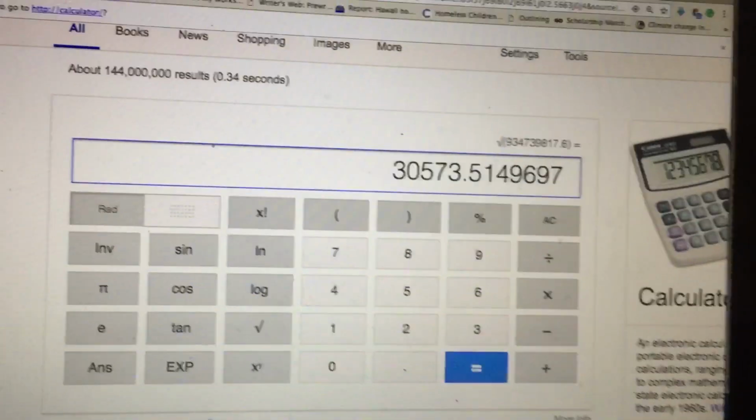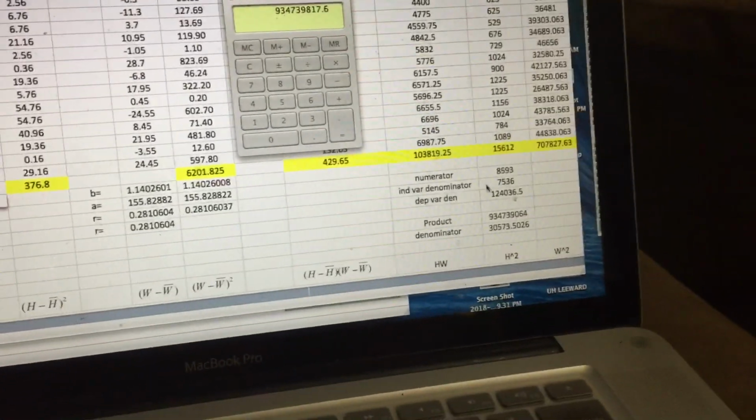Let's take a look. Yep, that's exactly it. Okay,